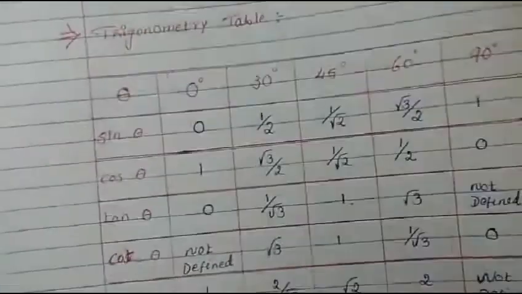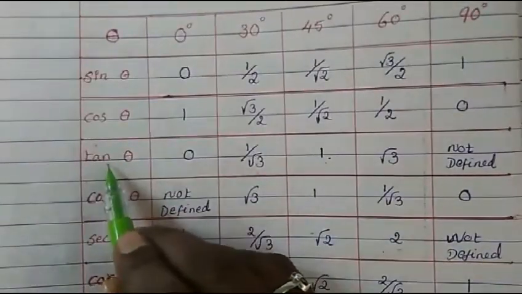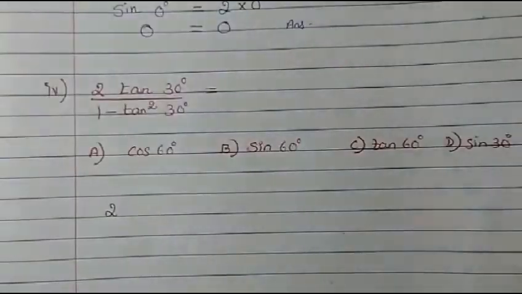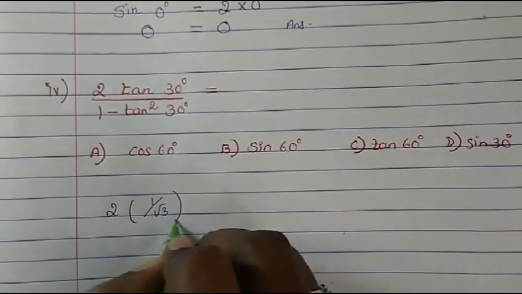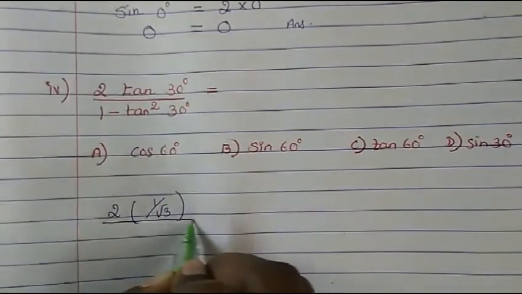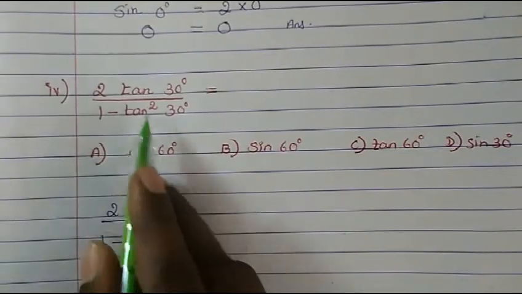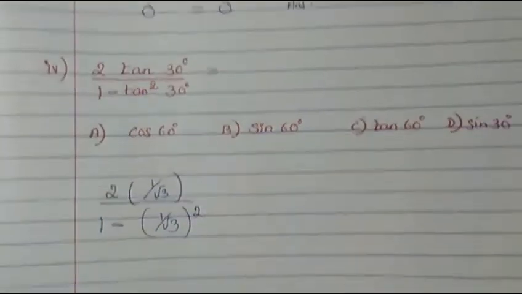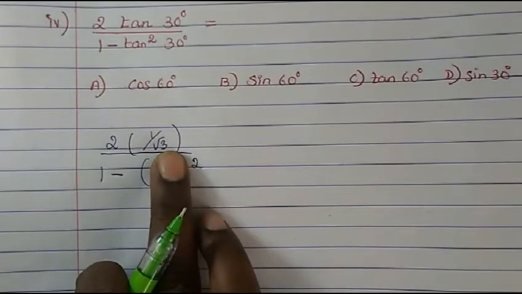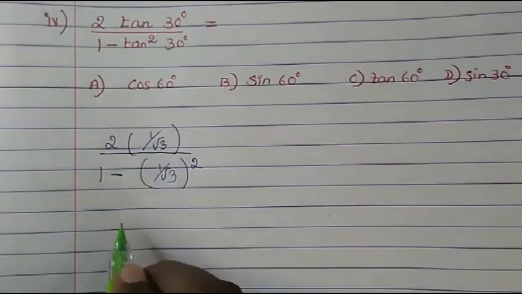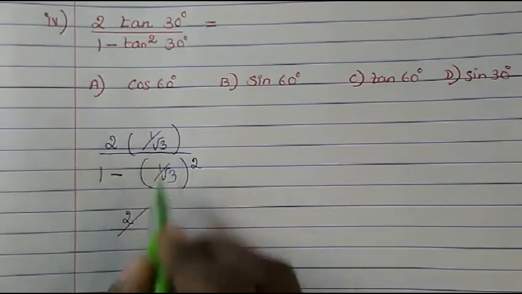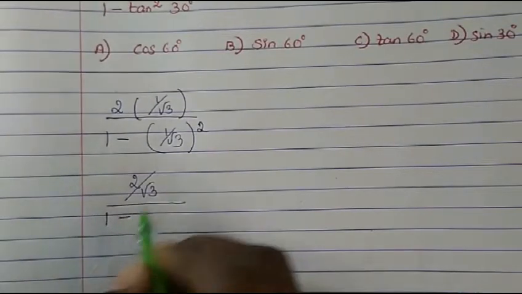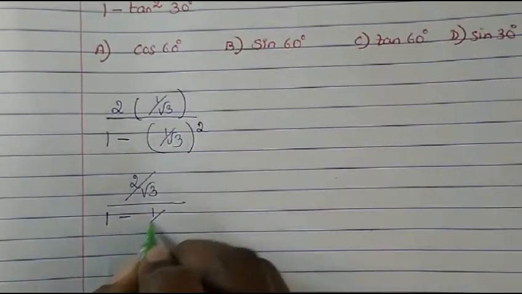Tan 30 degree value. So tan 30 degree, 30 degrees here, is 1 upon root 3. So 1 upon root 3 is tan 30. Then here we have 1 minus tan 30, again 1 upon root 3, and square is there, so square. So now let's solve. If you multiply, you will get 2 into 1, 2 upon root 3. Then you have 1 here minus the square, so 1 square will be 1 and root 3 square.